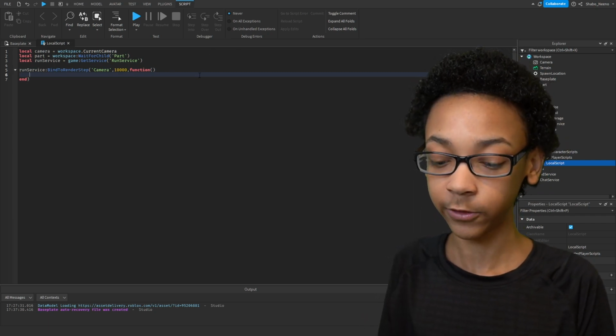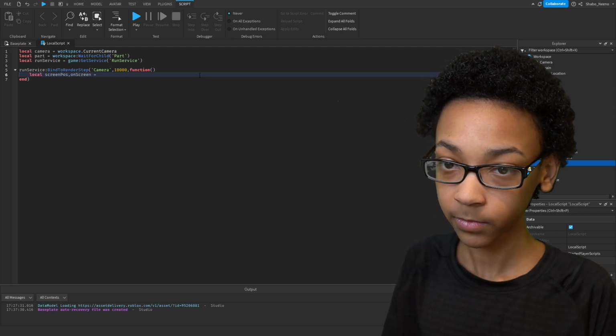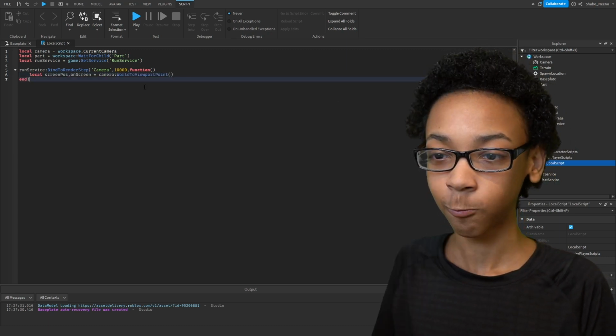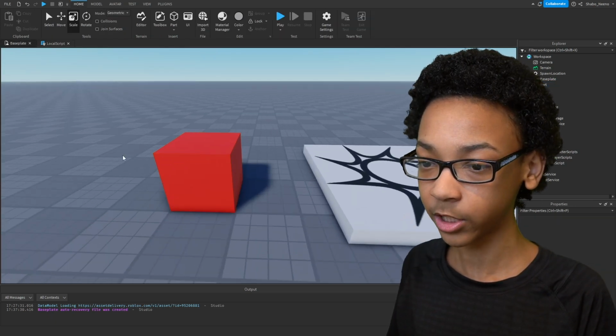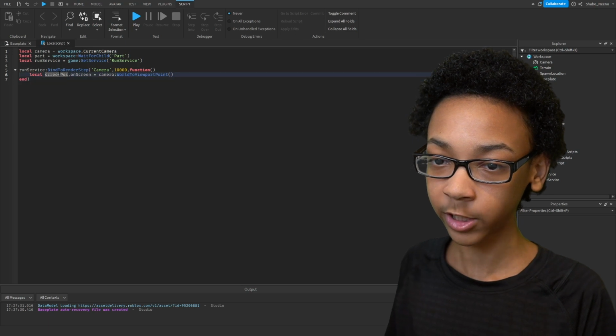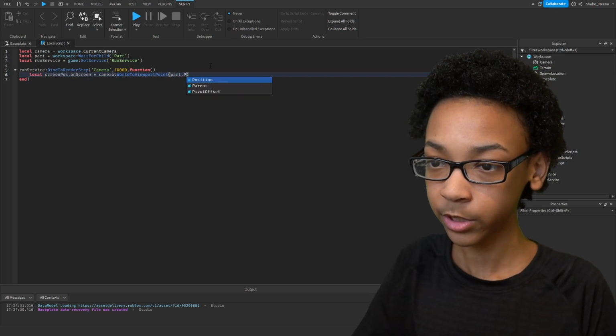Now we're going to start making the function. So go screenPosition, and then onScreen goes camera:WorldToViewportPoint. So we're going to use the part position to get the position of where it is on screen. We don't really need that though, so we're just going to use the second part of it, which is whether it's on screen or not. So we're going to put part.Position,